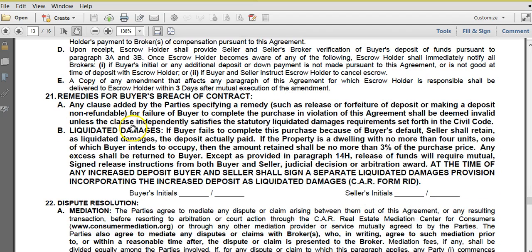21 basically says, and this is very important, and I know that we have no intention of not getting this closed the way that we want it to, but I just want it to be known that we have to do things according to this schedule, or that 3% of the purchase price may be taken away. So that 3% that you put into escrow in the beginning, that $24,300, basically is your deposit on the property.